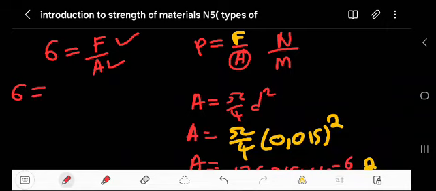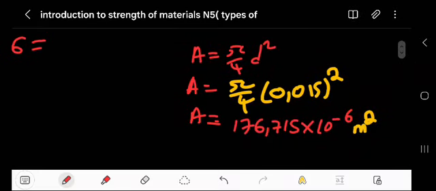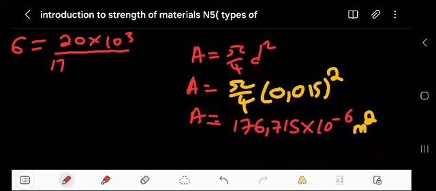What is the force? We've given 20 kilonewton. This simply was 20 times 10 to the power of 3. Remember, kilonewton is the same like that. Divide by your area, which is 176,715 times 10 to the power of negative 6. Right, then